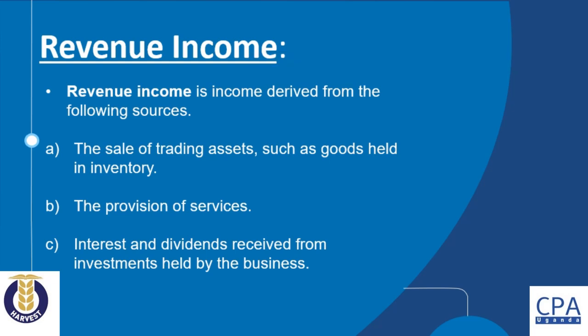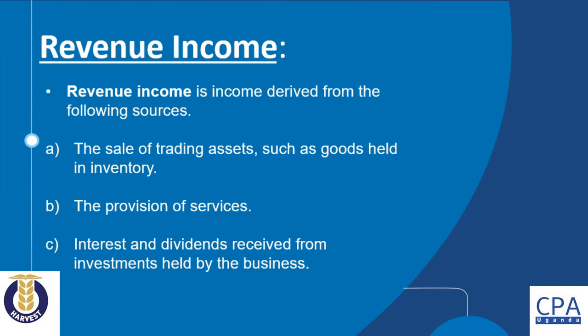Capital expenditure is expenditure incurred in the purchase of non-current assets. That is a point for you to note. Revenue income is income from sale of trading assets, provision of services, interest and dividends. Revenue expenditure is expenditure incurred in maintaining non-current assets,